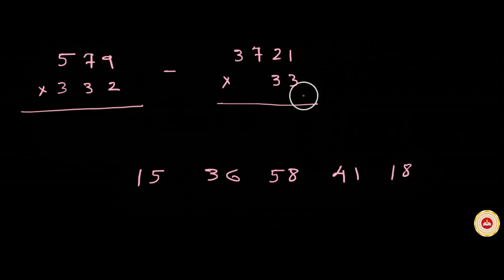Okay, so starting from right side, consider first column. 3 ones are 3. Write 3 in first part below 18. Join second column to first column. Now there are two columns. Multiplying crosswise. 3 twos are 6 plus 3. 6 plus 3, 9. Write 9. Now friends, we have covered these two digits.